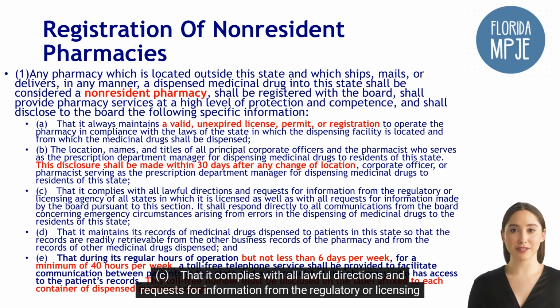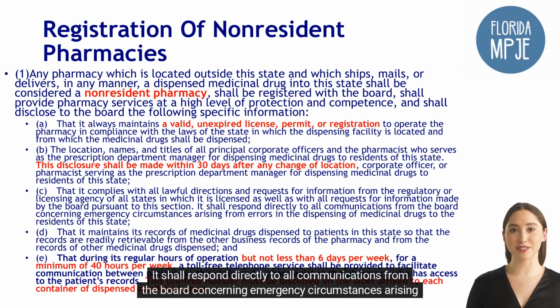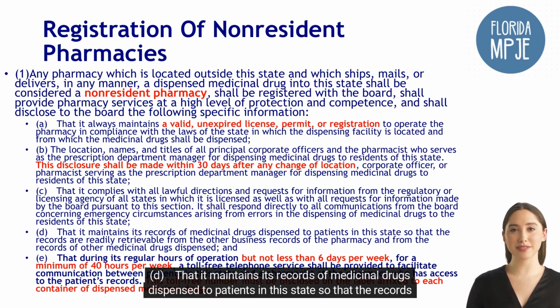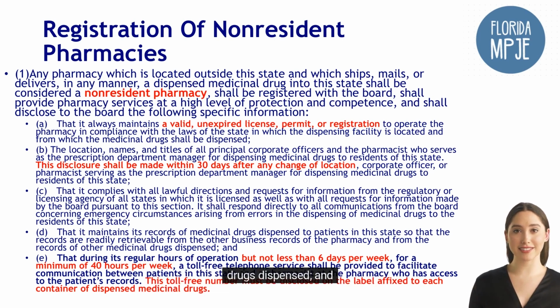C. That it complies with all lawful directions and requests for information from the regulatory or licensing agency of all states in which it is licensed, as well as with all requests for information made by the board pursuant to this section. It shall respond directly to all communications from the board concerning emergency circumstances arising from errors in the dispensing of medicinal drugs to the residents of the state. D. That it maintains its records of medicinal drugs dispensed to patients in this state so that the records are readily retrievable from the other business records of the pharmacy and from the records of other medicinal drugs dispensed, and